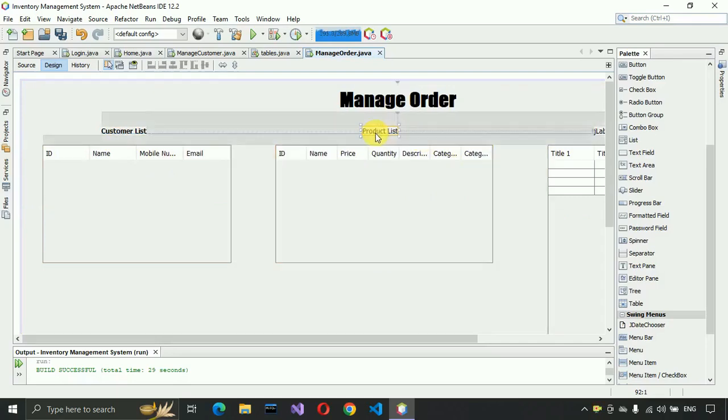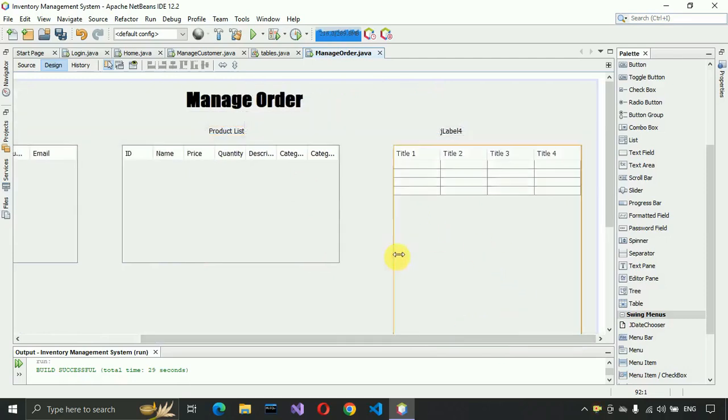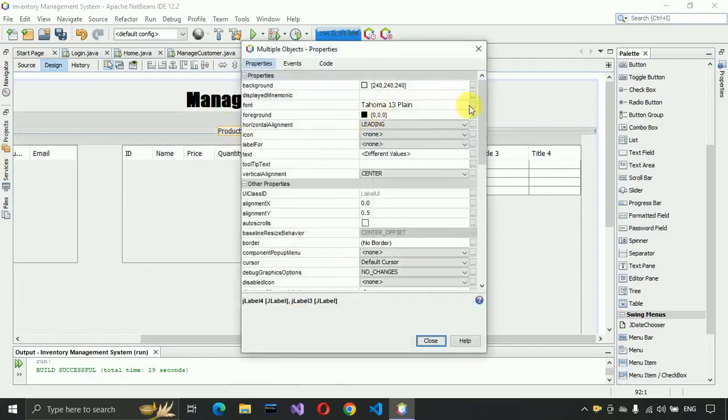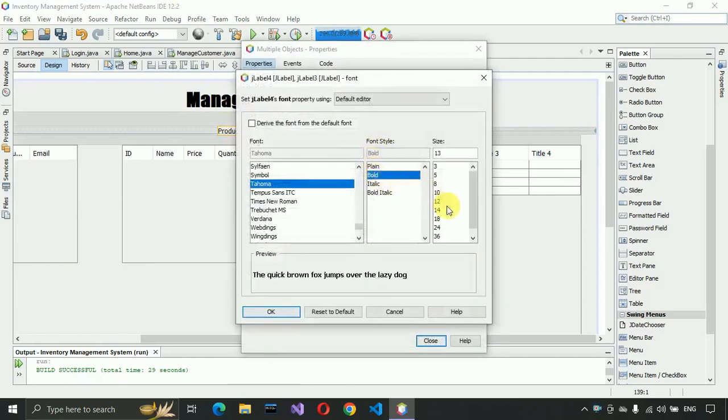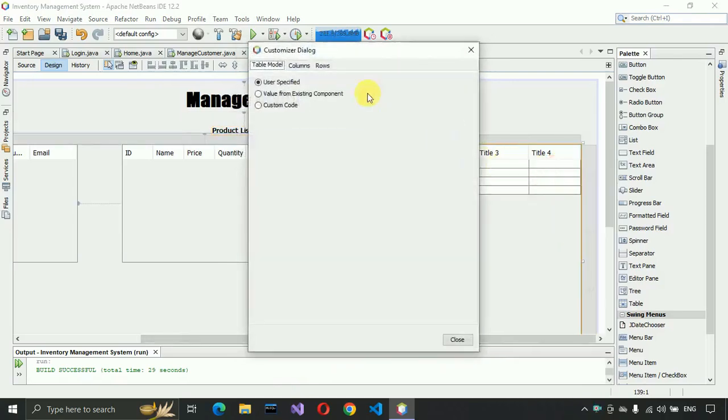Okay, and after that, here just increase the size of this one also. Okay, and after that we have to change the label name. So here I'm going to write here cart, and just select this two, and go to properties and make it as bold 12 and click on close. After that we have to go to the table content, and first we are going to